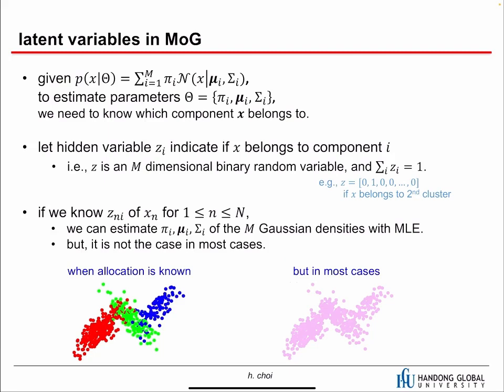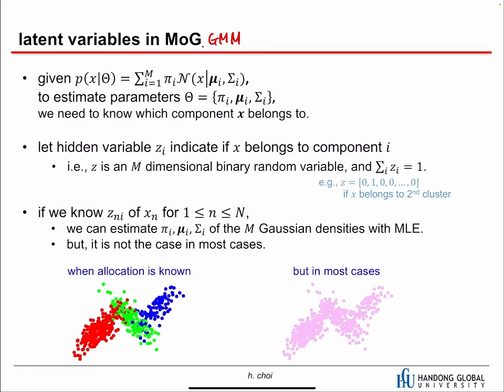Now let's think about this mix of Gaussian in detail. GMM, the Gaussian mixture model, and mix of Gaussian mean the same thing. Sometimes we use MOG, sometimes we call it GMM, exactly the same thing. And in MOG, we have latent variables. We're going to talk about what the latent variable is, and it is important in